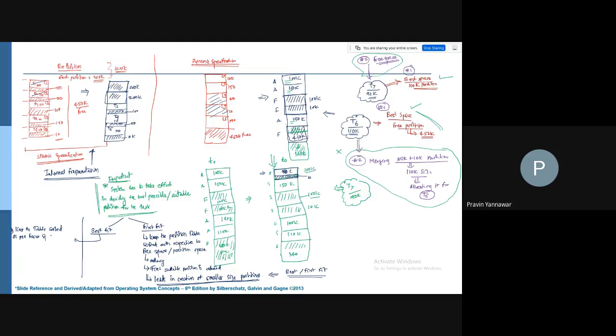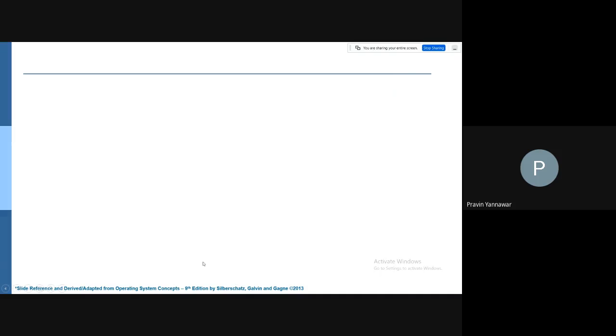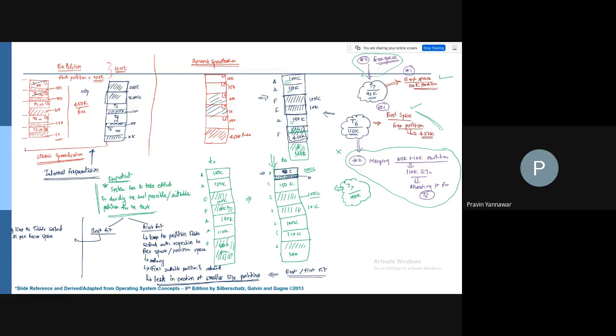Then, when we decide whether my best suitable partition exists in the upper half of the table or the lower half of the table, only half of the table is searched.